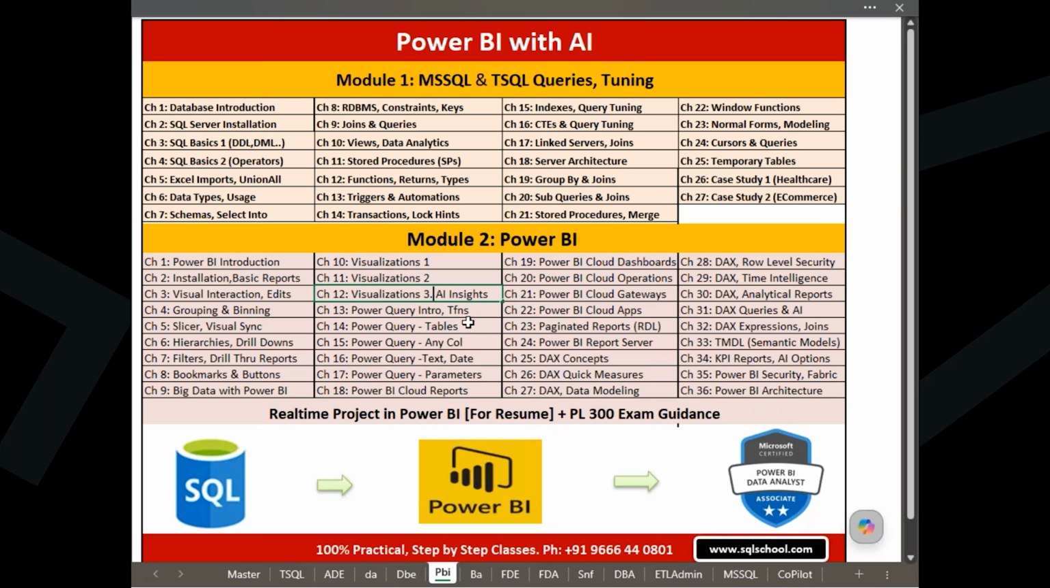Next, after we do the visualizations and AI insights, then comes Power Query. This is ETL concepts. 50 examples on Power Query. 50 examples on Power BI Cloud. Then about 70 examples on DAX, including the new concepts in the latest version of Power BI, that is TMDL,